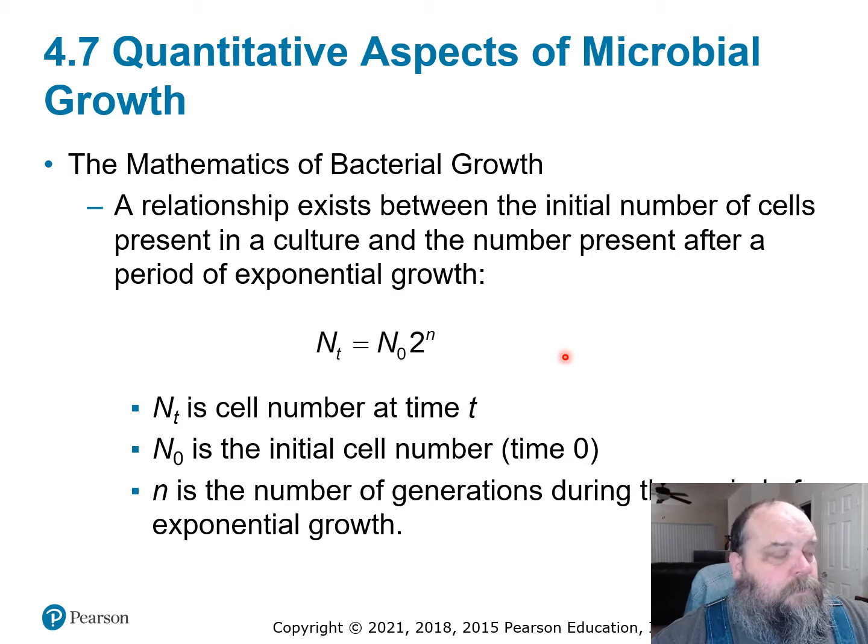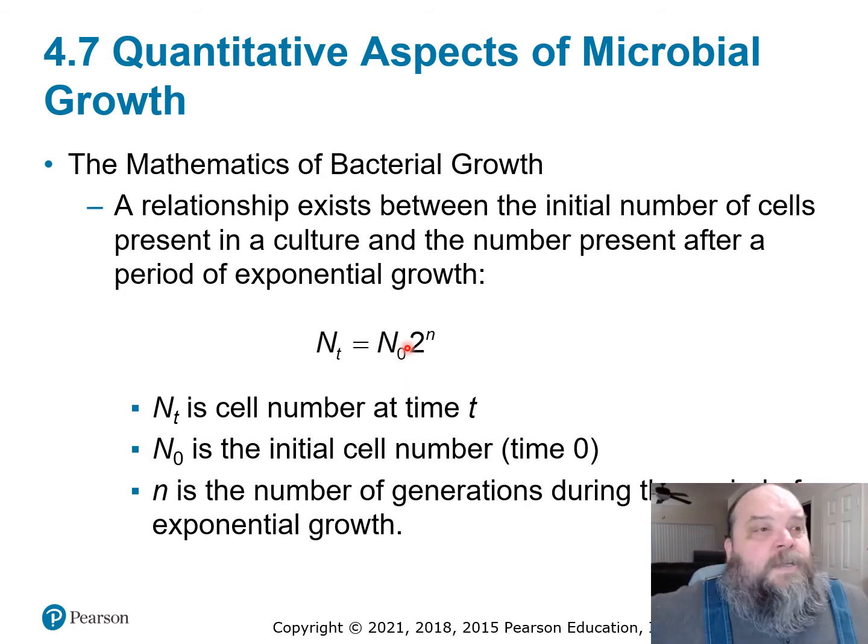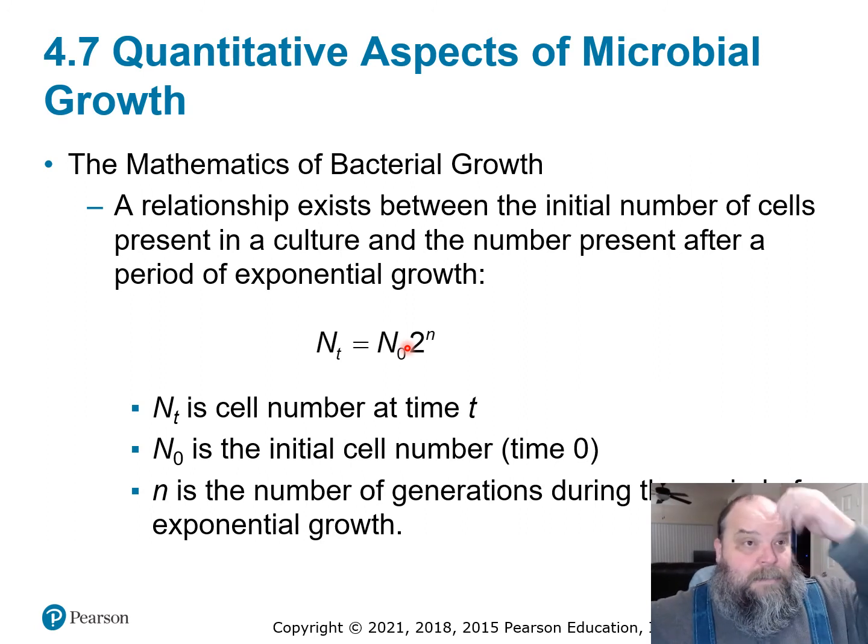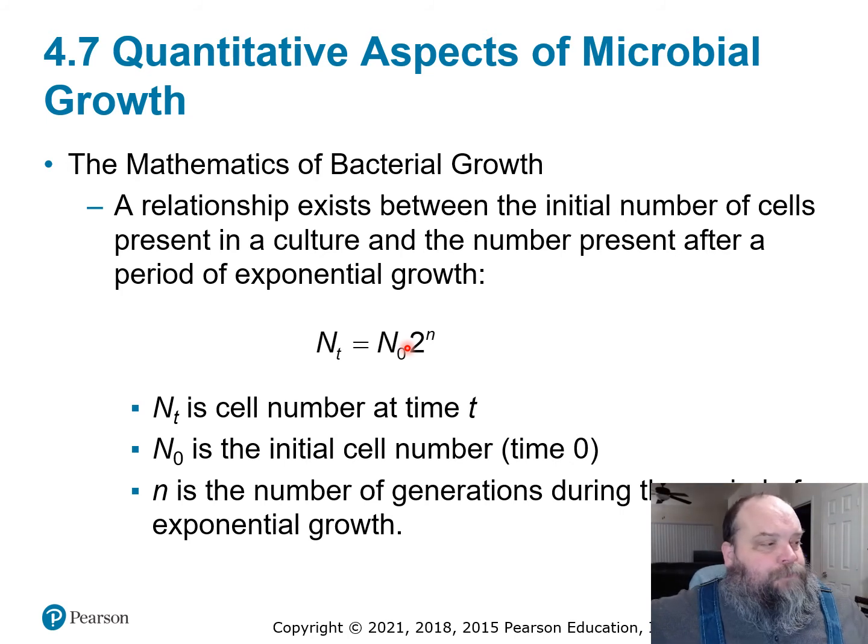Well, we have to take into account what we're starting with, because remember in the last section I mentioned how many bacteria you start off with as you're measuring the bacterial growth curve. Lag, log, exponential, stationary, and all of that. How many you start with will impact timing, how many hours, when things will hit the plateau. So we have to take that into account, and we can do that